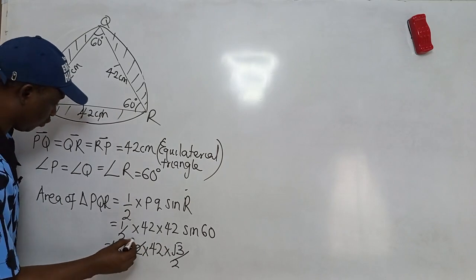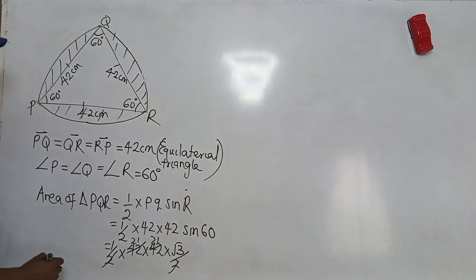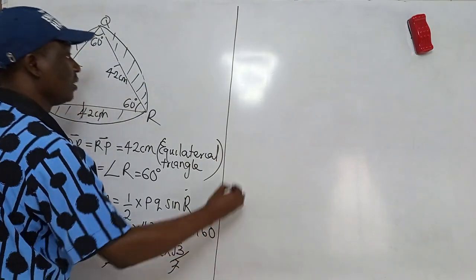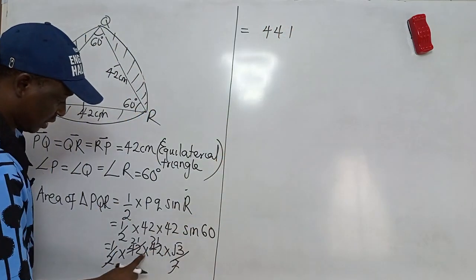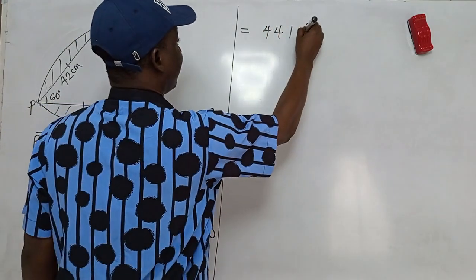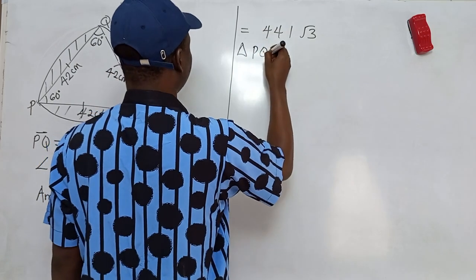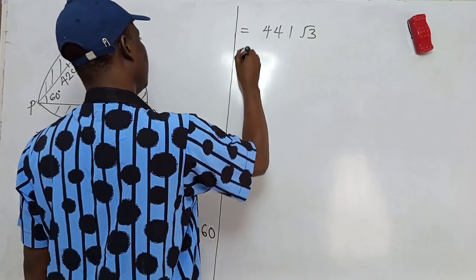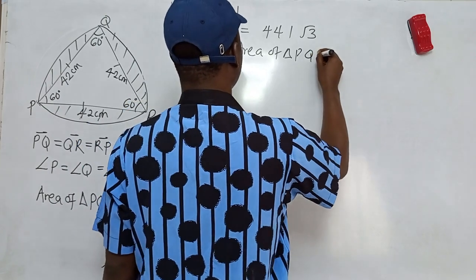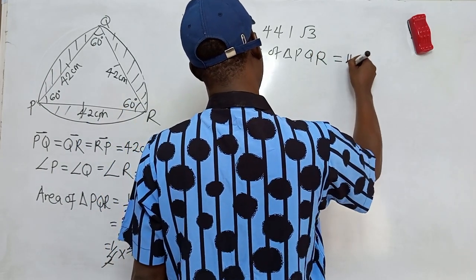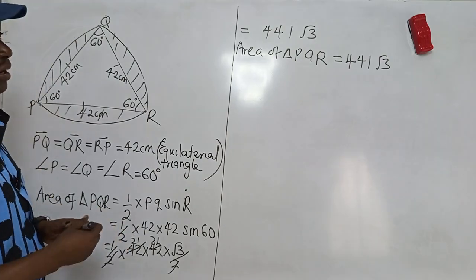So we cancel this 21, and we cancel this 21. What we're going to have is 441 times root 3. Got it? So that is the area of triangle PQR. The area of triangle PQR is equal to 441 root 3. Now, if you want to get it in decimal, we can say